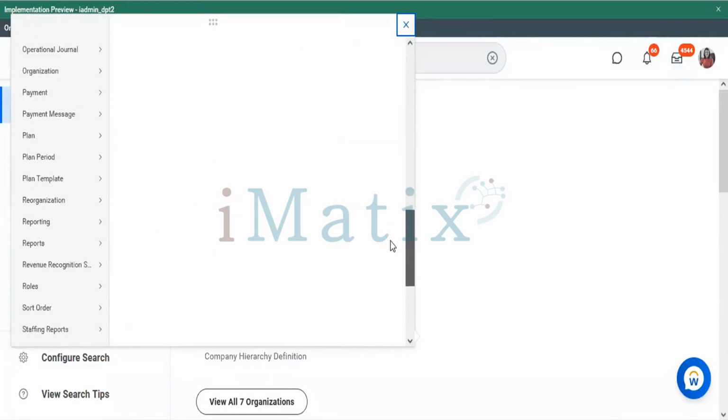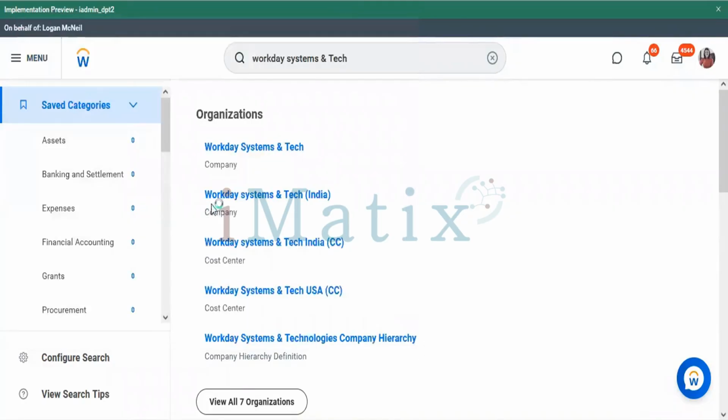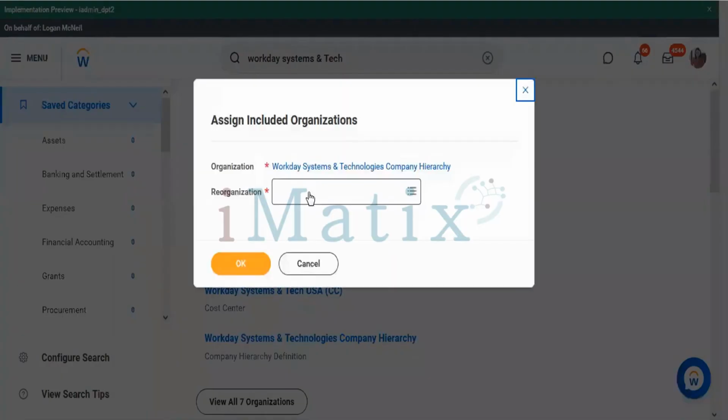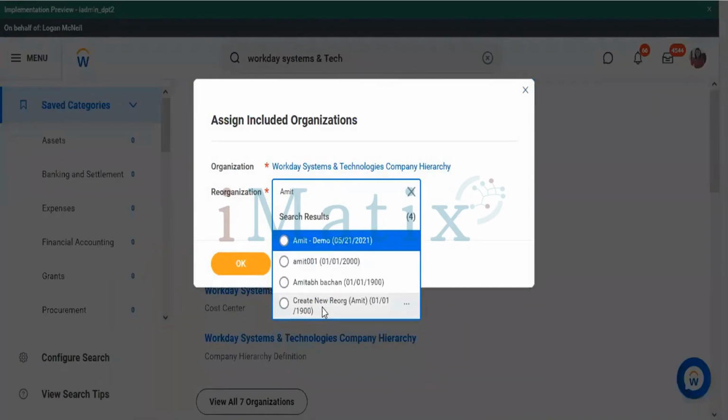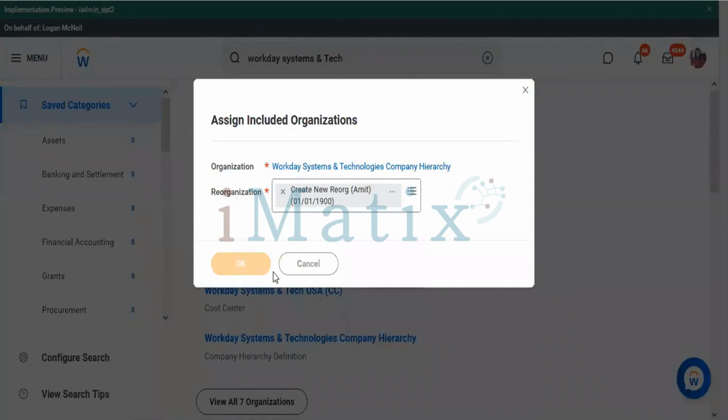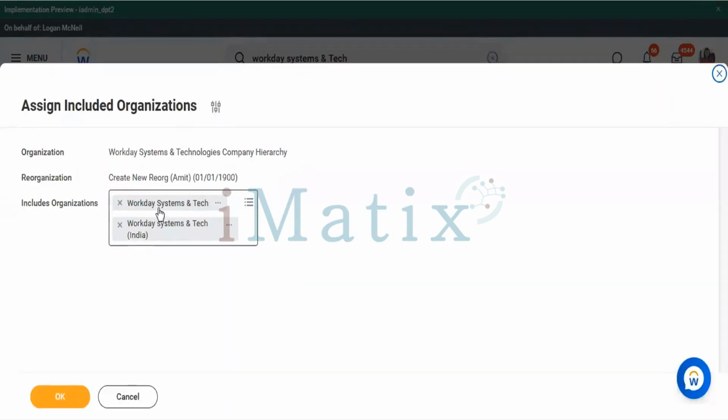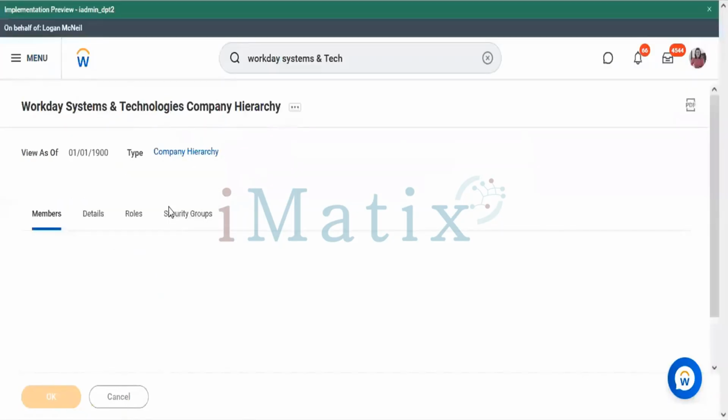I'll be going to reorganization of company hierarchy, assign included organizations. Those are already assigned.